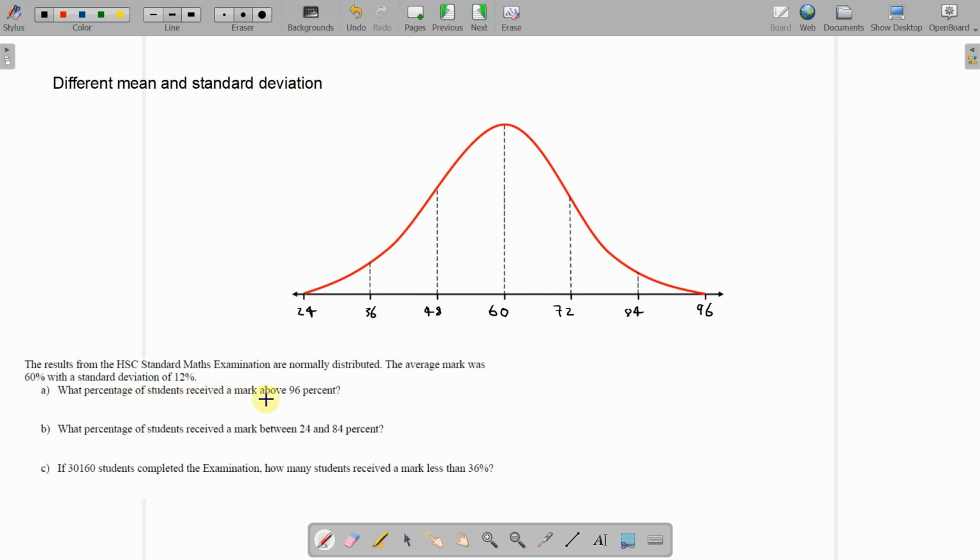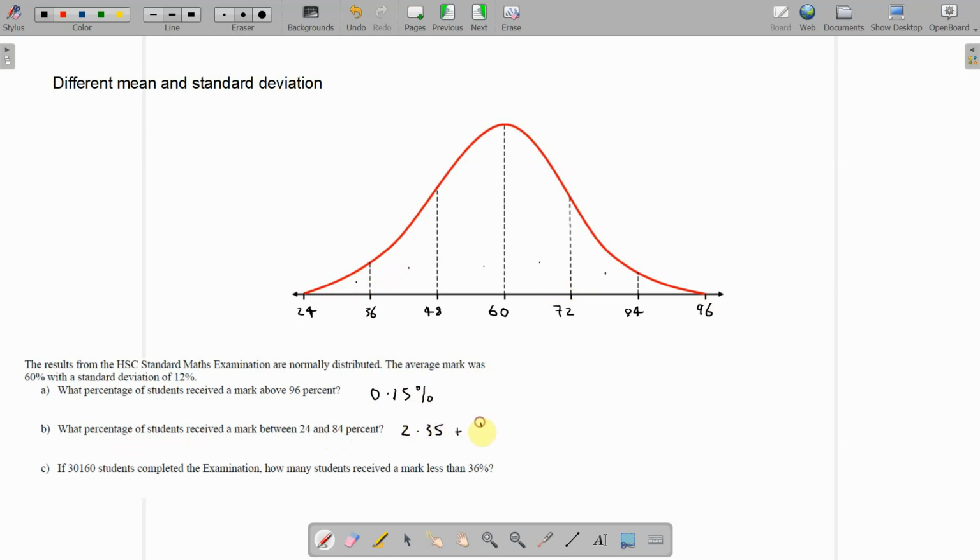What percent of students receive a mark above 96? That was our final extreme one, which was 0.15%. Percentage of students receive a mark between 24 and 84. So there's this one, this one, this one, this one, and this one. There's 5 of them. Starting with this one was 2.35,